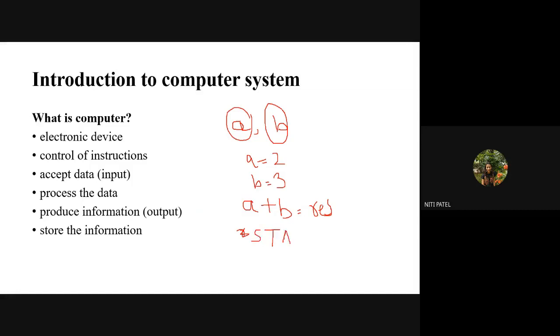STA result. Now what are all these 4 lines? These are nothing but the instructions. What is the first instruction? Store the value 2 into a variable A. What is the second instruction? Store the value 3 into a variable B. Now what is the third instruction? Do the addition of A and B. What is there in A? Number 2. What is there in B? Number 3. So what it will do is it will add 2 and 3. What is the answer that I will get from the system? It is 5.